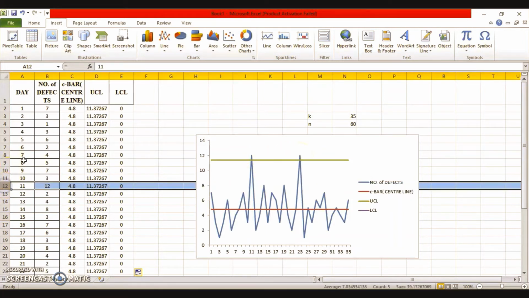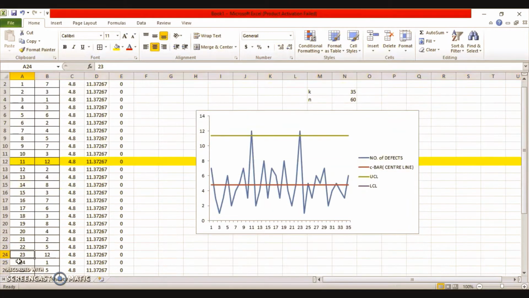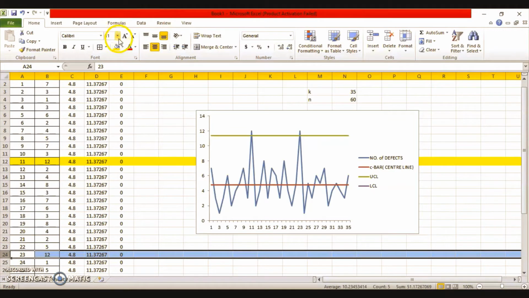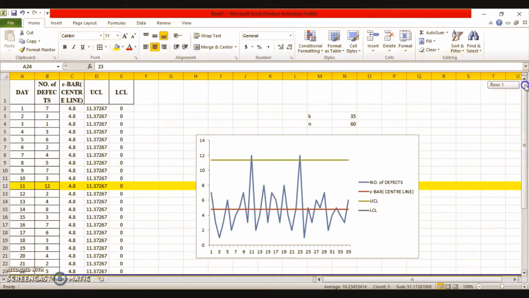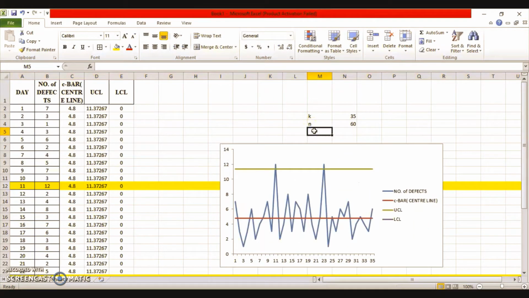The first thing is that we have to highlight these 2 points. So point number 23. I'll just highlight these 2 points very quickly. After this, I'll write down the small d value. What is the small d? It is 2. Why? Because small d is the number of discarded samples. The discarded samples are those sample points which are crossing the given control limits. So here we have 2 values, so that's why the value of d is 2.